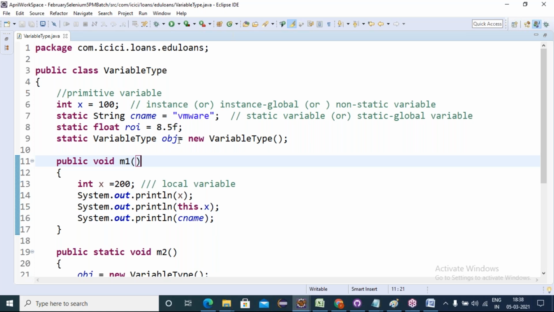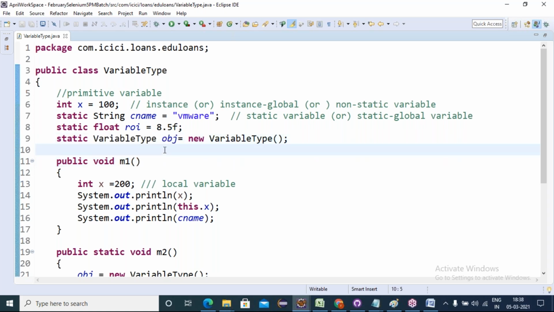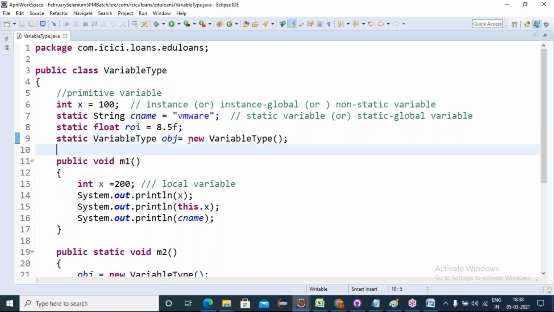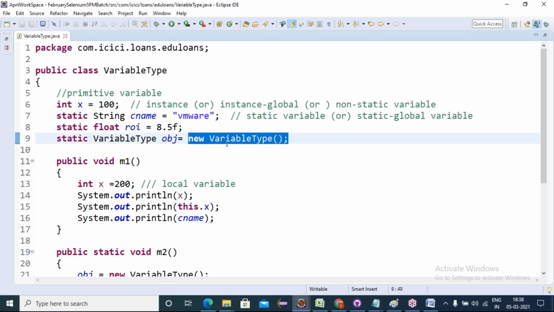Each object refers to one customer. See, ICICI reference, so this is the ICICI bank we're talking about. We are getting an object for ICICI. Through the ICICI reference, I am connecting to the user's details. So each user has its own object, stored into this ICICI reference like this.